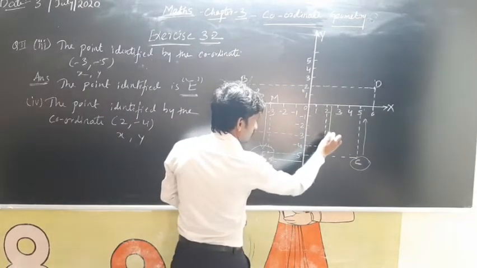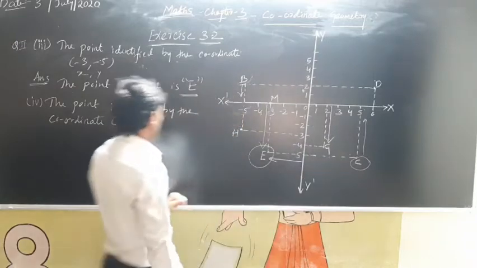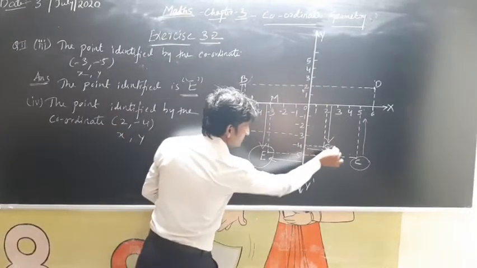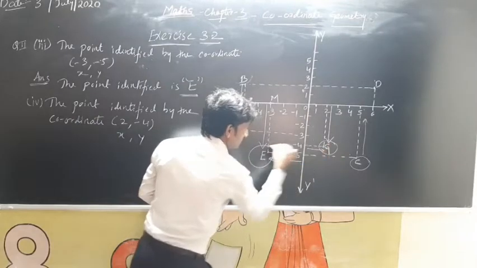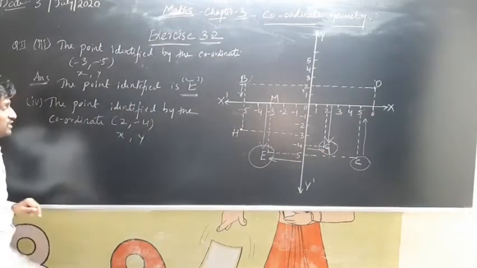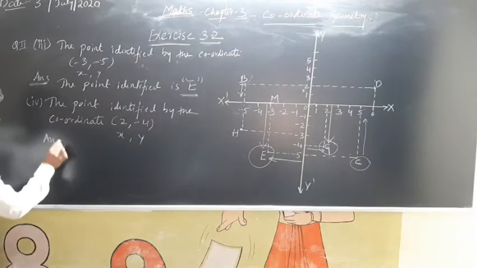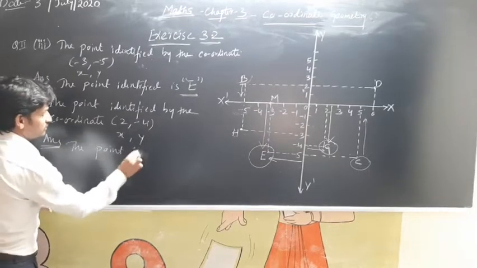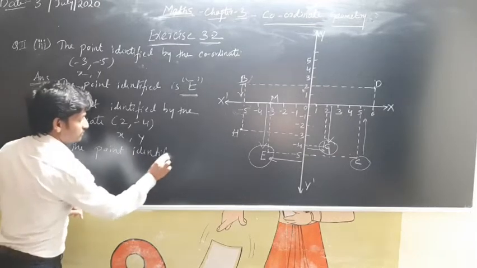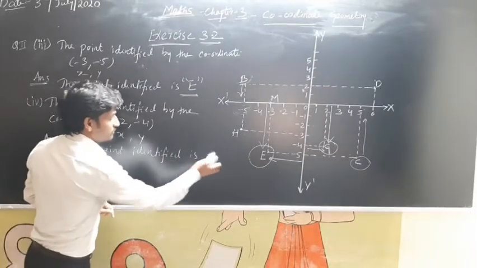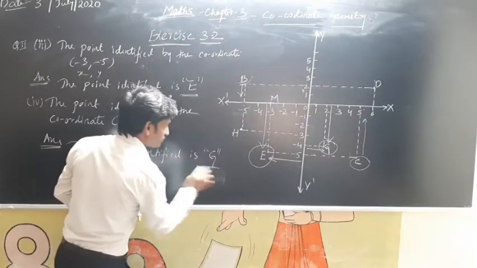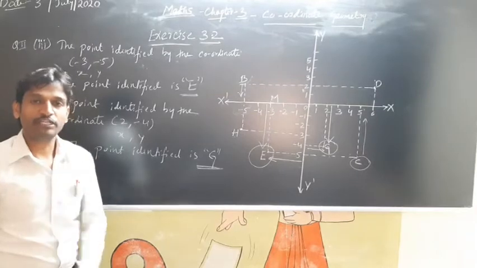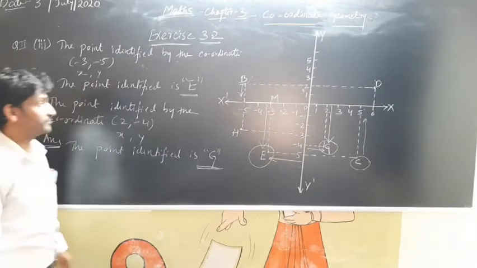Okay, a line is passing here. Okay, from -4. -4 is y value. It is passing here. Which is the point which we can arrive here? The point which comes out here is a G. So answer for this one is, the point identified is capital G. So this is your answer. So here completes our third and fourth. Let me take you to the fifth and sixth.